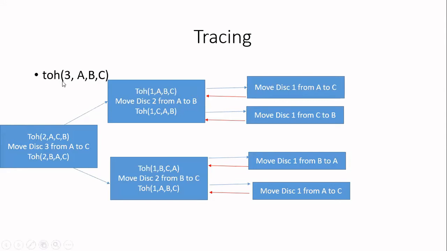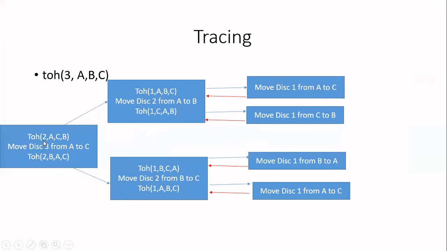Okay, so now you see, you have to consider the previous call. With respect to the previous call, you have to write this one. Now this is the previous call. You have to move n minus 1 disks. Here n is 3, so n minus 1 is 2. So write 2 here. From where to where you have to move? From the source to the auxiliary. Here source is A, auxiliary is B. Okay, and remember, while you are writing this call, whatever is the source, that you write in the first argument. Whatever is the destination, that you have to write in the third argument. Okay, this is the thing.